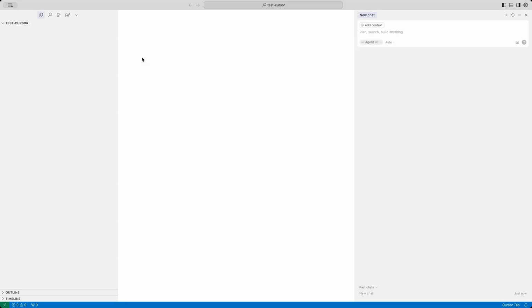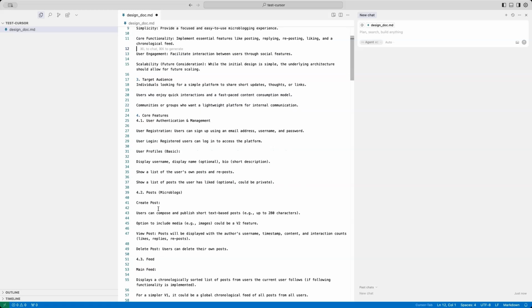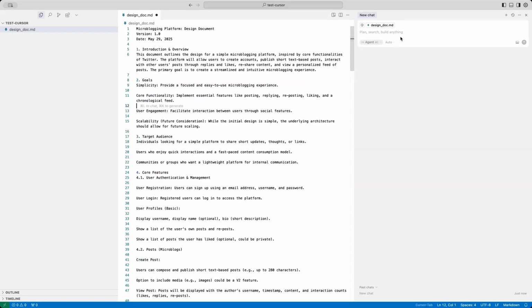Now, the first thing you should do whenever you get started with any Cursor project is always have a design doc. Now, the best way to generate that, as I said, is to go to something like Gemini or ChatGPT and get it to write a design doc. So once you have your design document that another AI has written, then it's time to go feature by feature. So I'm going to start with telling Cursor to generate a